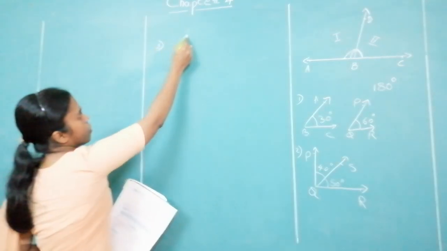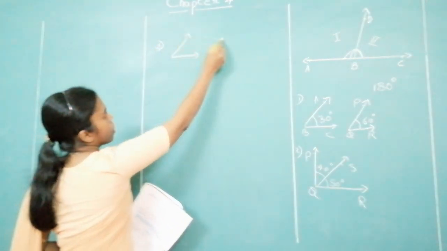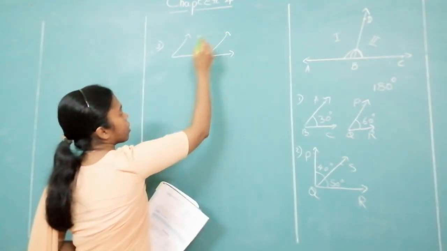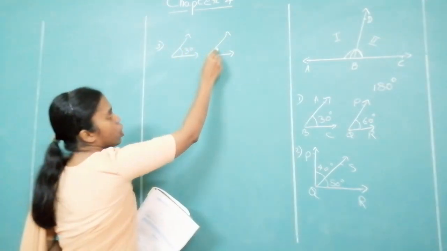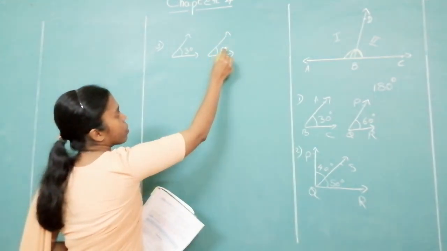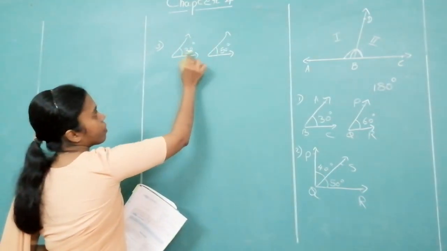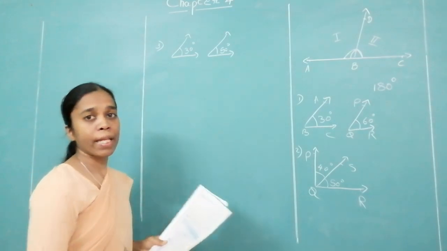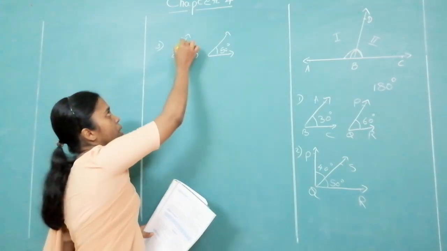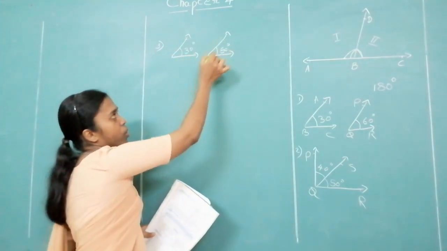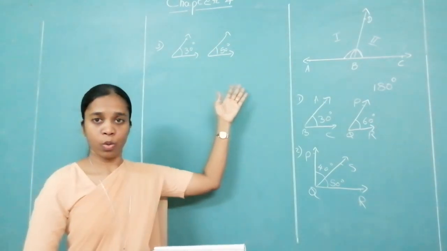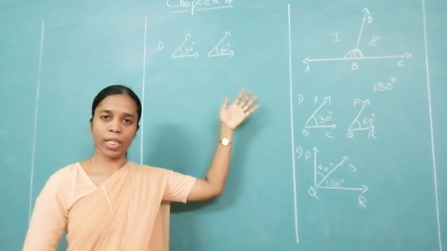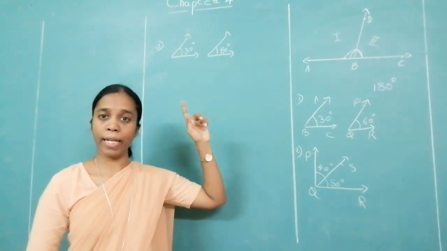Suppose I have angles which are neither complementary nor adjacent. Not complementary means I can have this as 30 degrees, and this as 50 degrees. 50 plus 30 gives you 80 degrees. Please name the angles whatever names you want. Are they complementary? No, because 30 plus 50 gives you 80 degrees. Complementary has to be 90 degrees.